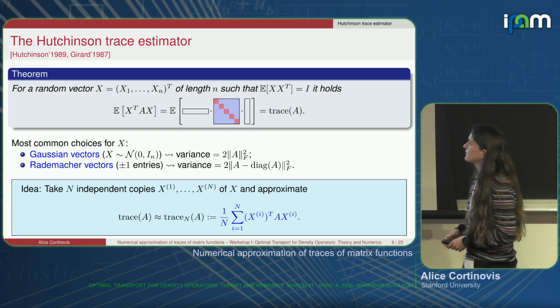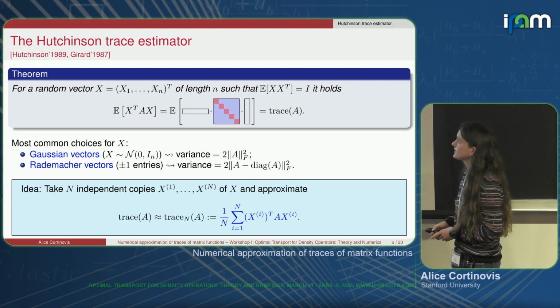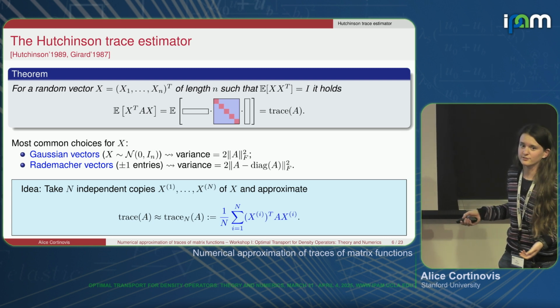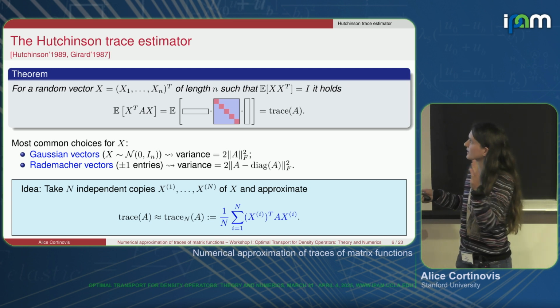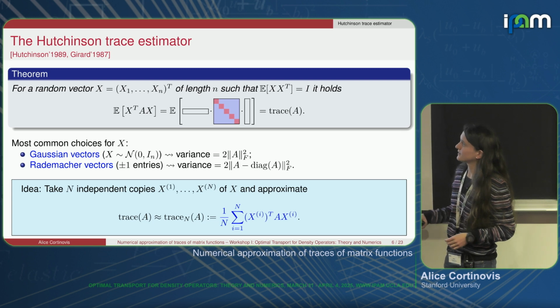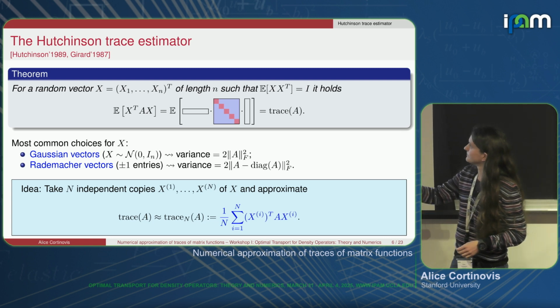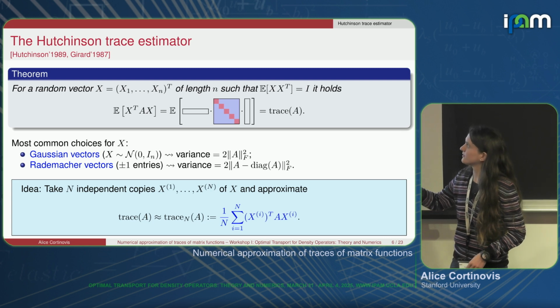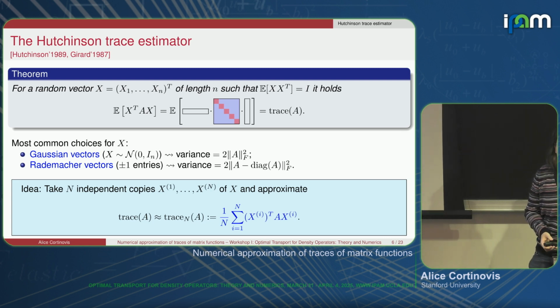This is based on the fact that if you take a random vector x of length n which is isotropic, so the expected value of the rank 1 matrix x x transpose is the identity, then the expected value of the quadratic form x transpose A x